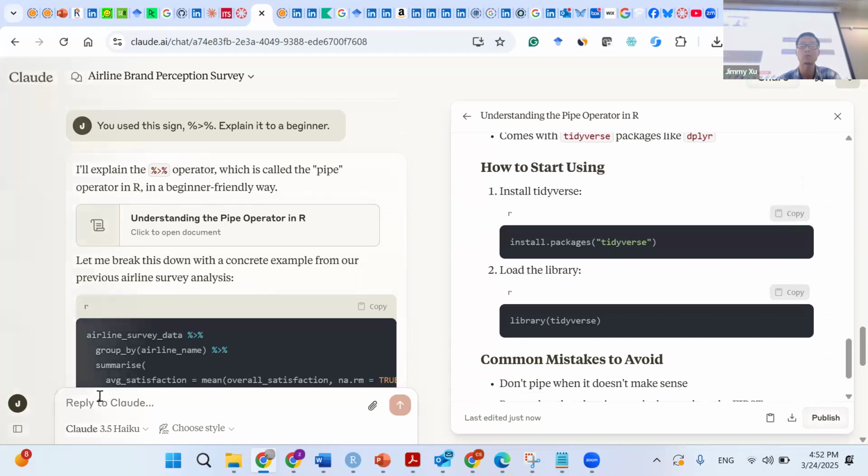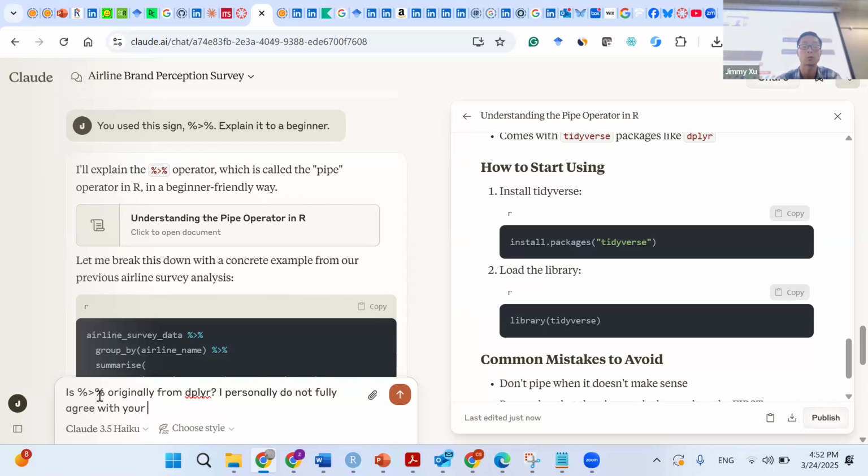I think I personally didn't agree with his answer a little bit because I think, is this originally from dplyr? I personally do not fully agree with your solution.